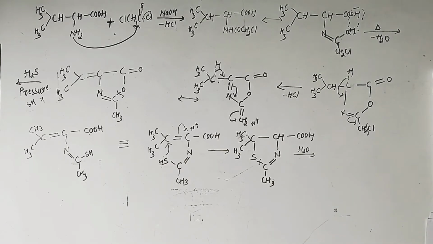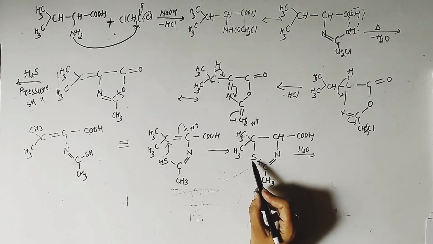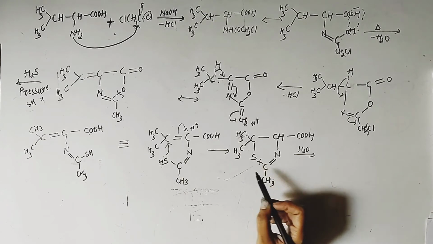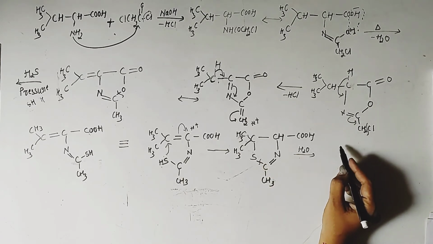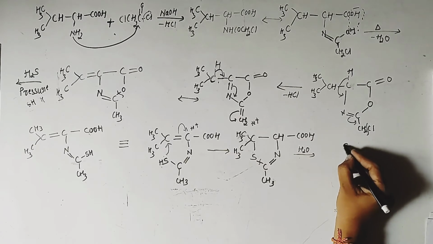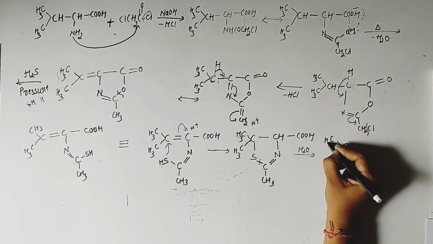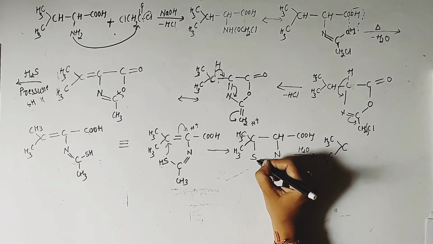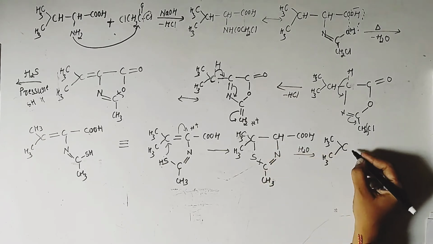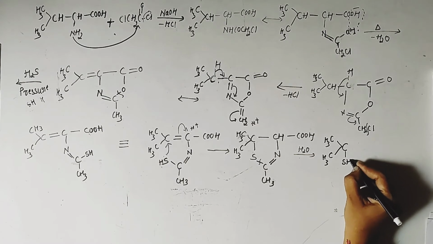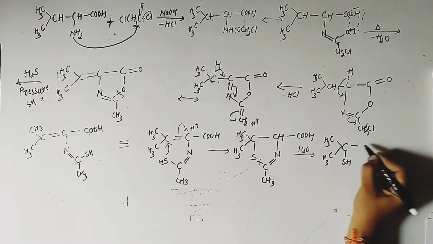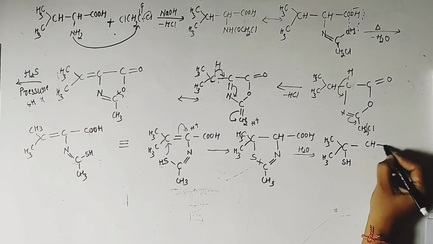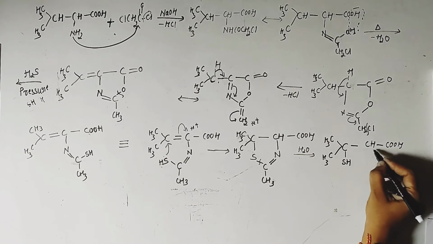So what happens here is that the bond between carbon and sulfur will break, and that leads to the formation of an intermediate compound, that is CH3. Breaking of that bond between carbon and sulfur leads to the formation of the thiol group here, and in this position we have CH, COOH, the remaining